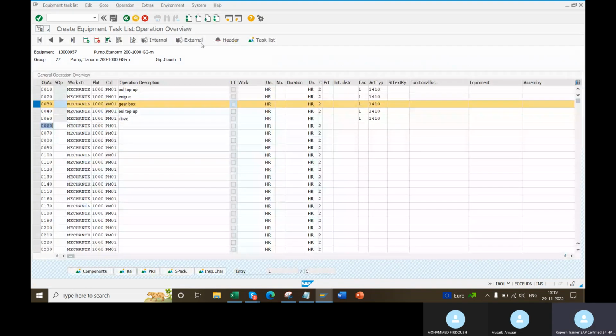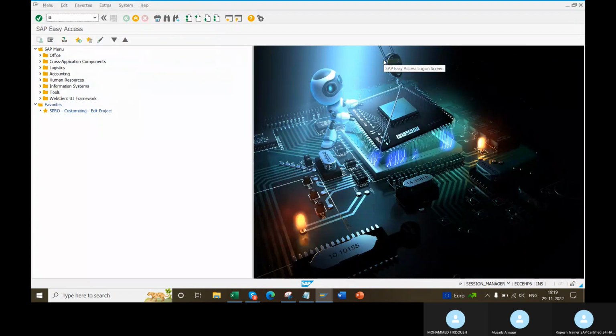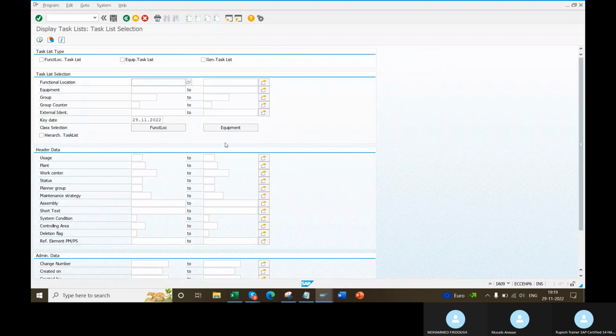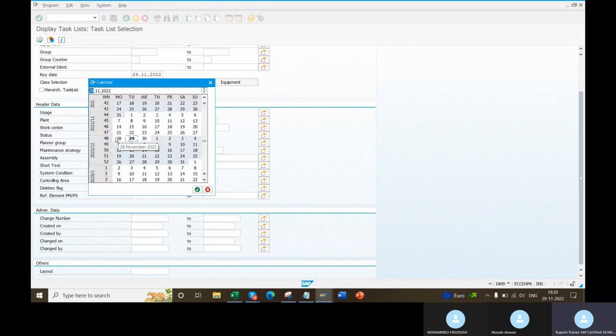So again, you can change services, I told PM03. That's all. This is how to create an equipment BOM. So save it. Go to your report IA09. Click equipment task list, because what we created now is equipment. Also put general also, and create. I'll tell you the reason from yesterday.